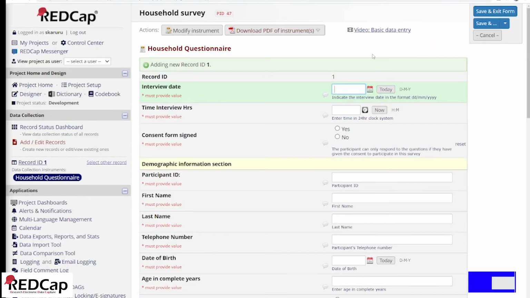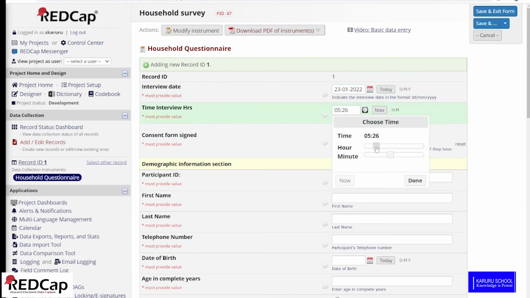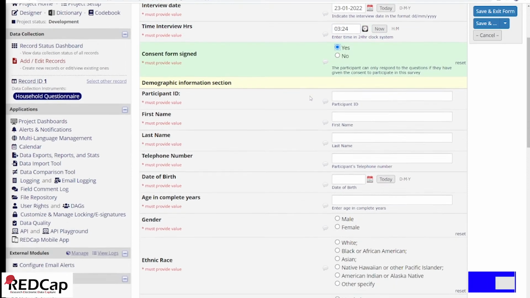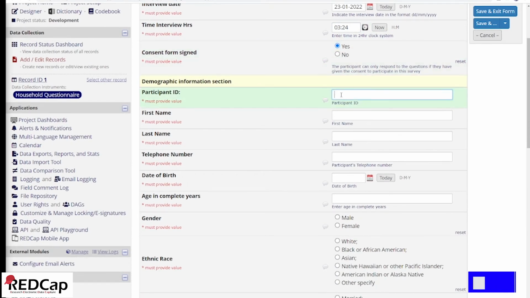So let us look through how to fill in the form. The interview date is today, and you can either use the calendar or use the today option, and it will select the date for today. For time of interview in hours, we can select time in hours and also adjust the minutes using the second slider. Once we are comfortable that we have selected the time, we say okay. Consent form signed, and then we have the participant ID, say 1230, and then participant first name is James, last name is John, and then telephone number,